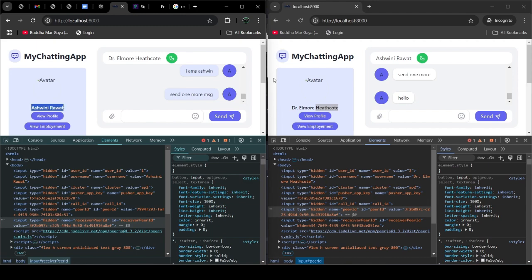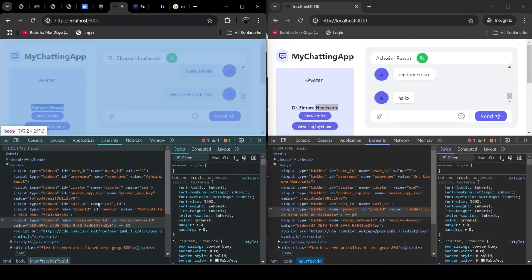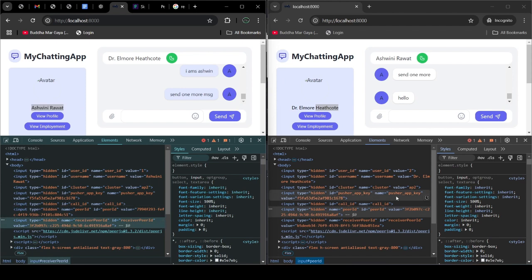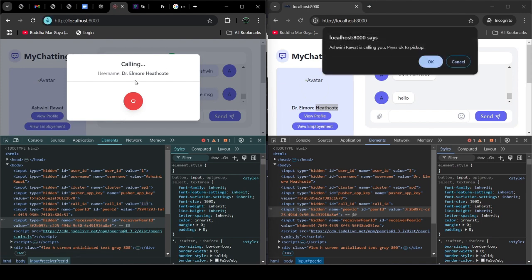If I try to call from Ashwini user to Health Code, I will be able to do that because the receiver peer ID and the caller ID should be the same. Otherwise, we will not be able to make a call. So let's click on the call button, and here we can see in incognito mode, Ashwini Rawat is calling you. We have a confirm box, or we can say an alert box. Now if I click on OK, the call will be accepted and you will be listening to a very distorted voice, right? So let's click on OK,